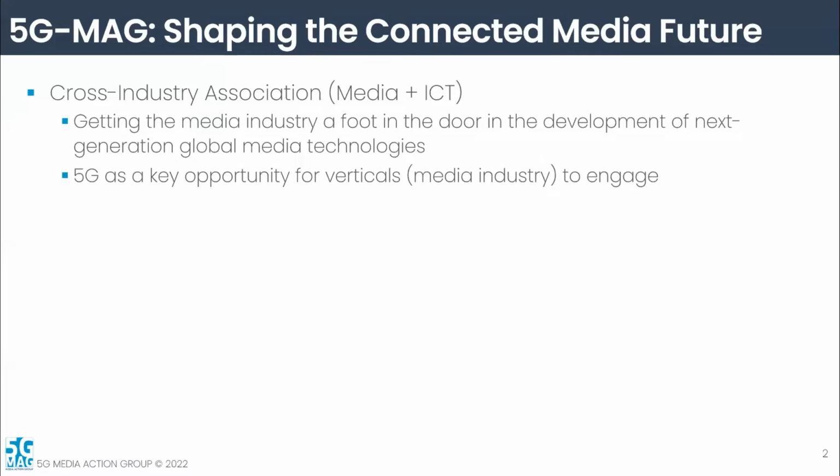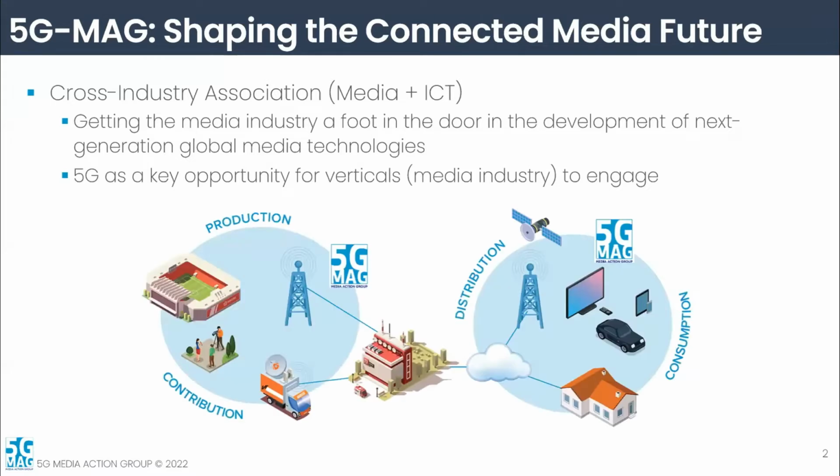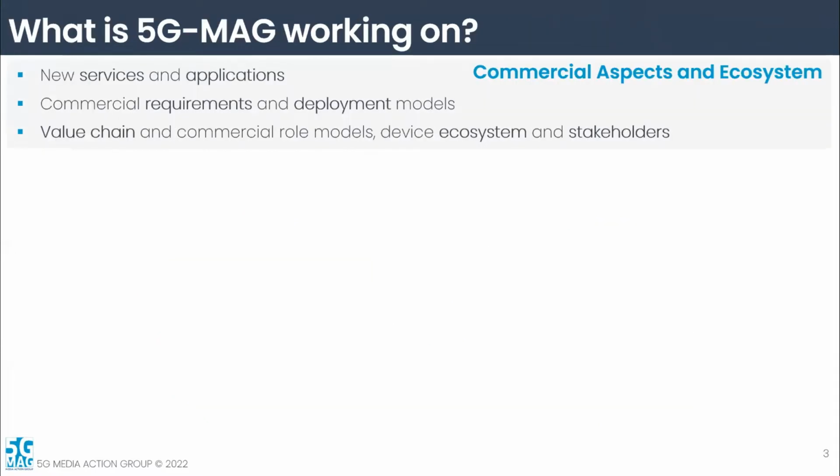And obviously we see 5G as a key opportunity for verticals, especially the media industry, to engage. And it's not only about distribution for the 5G Media Action Group, but the whole end-to-end chain: production, contribution, distribution, and consumption. There are different areas where the 5G Media Action Group is working. On one side, we have the commercial aspects and the ecosystem. So it's about new services and applications, commercial requirements, deployment models, and the whole value chain and the commercial role